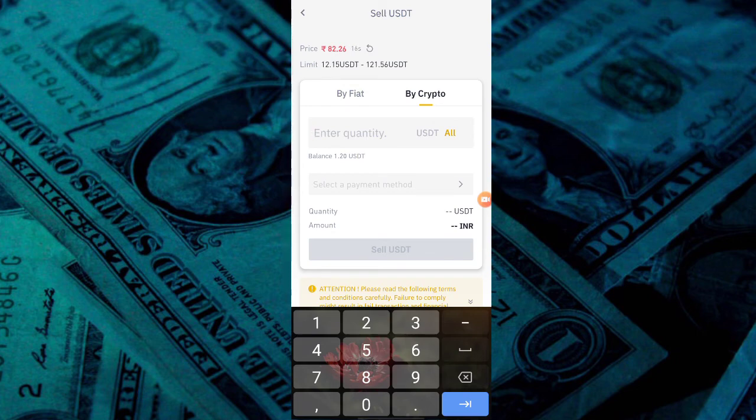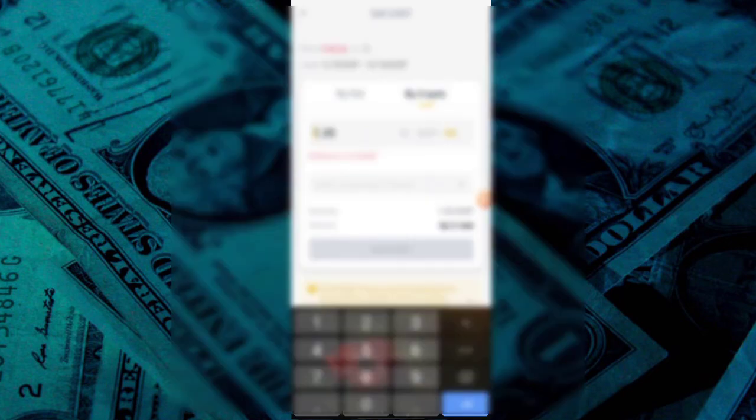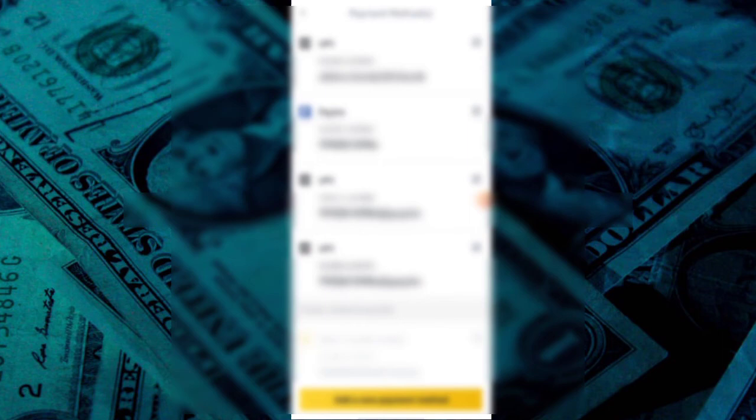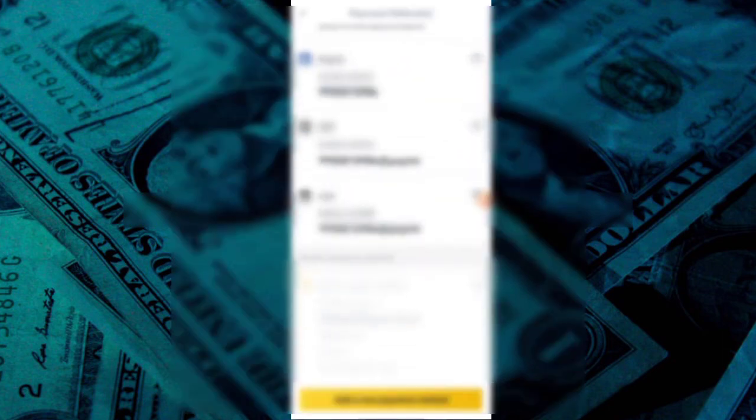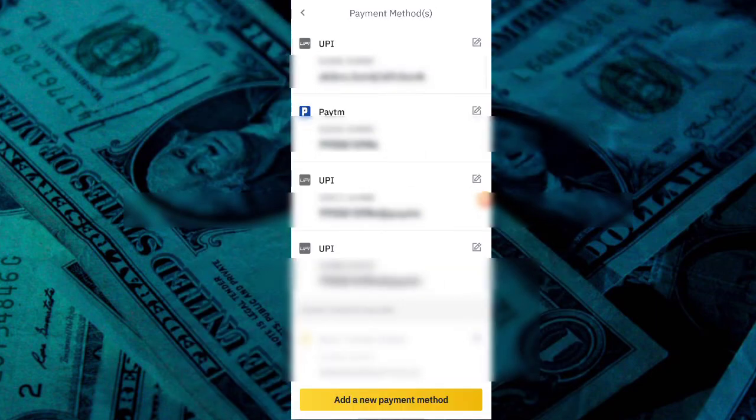Now I have to enter my quantity. Simply click on all. This person has a limit of 12.15 USDT to 121.56 USDT. I do not have enough money in my Binance account, so I am going to click on payment method, where you want to receive your payment.